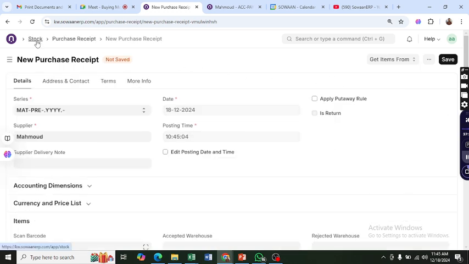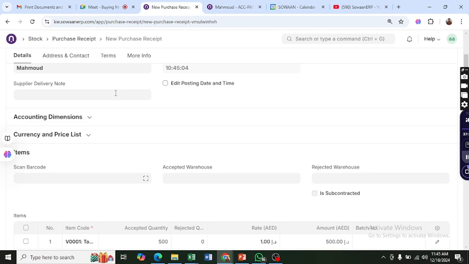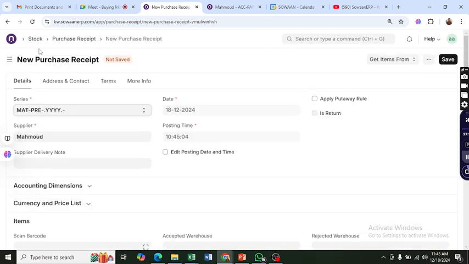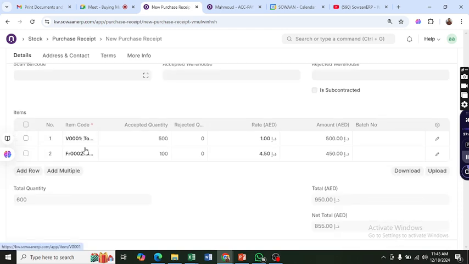Now you see this is related with the store or the stock module. Its navigation is like stock. So this document basically is linked to the stock module. This is the document where your store person or the warehouse person will work. For example, if I go further below, you can see these are your items, tomatoes and bananas, and these are 500 or 100 quantities related